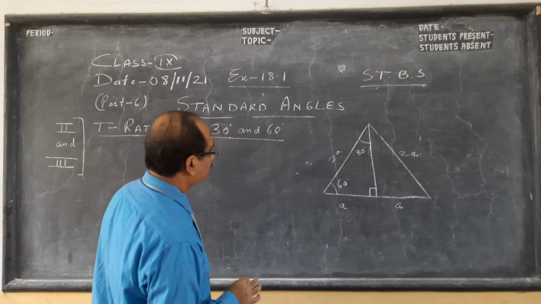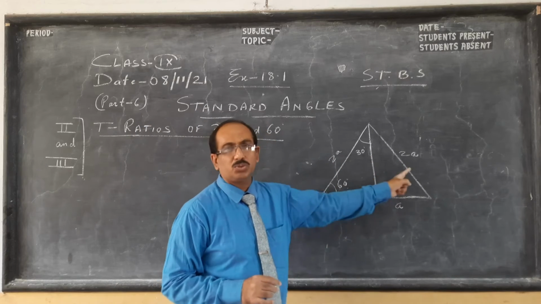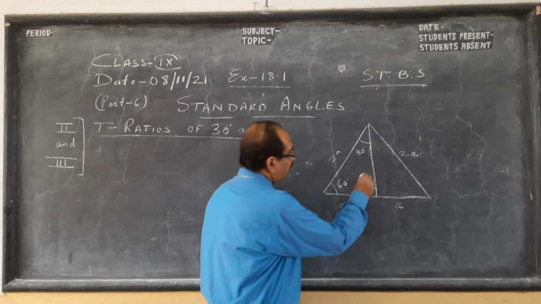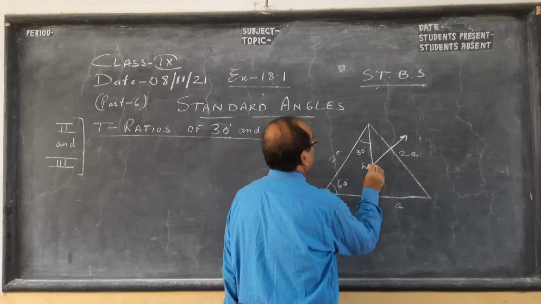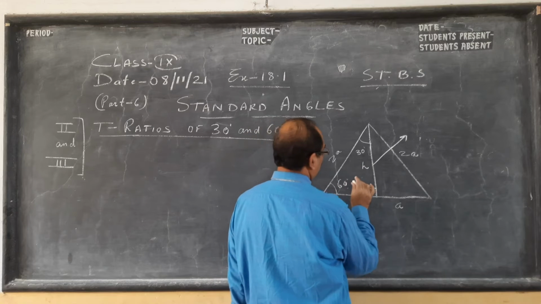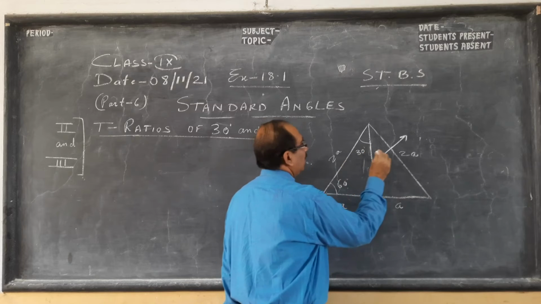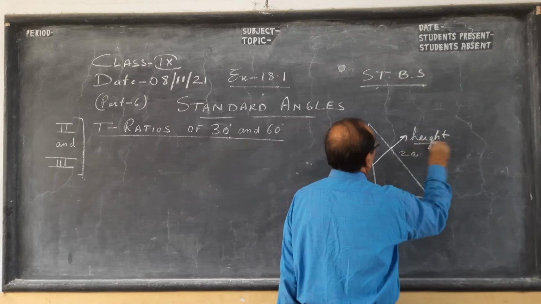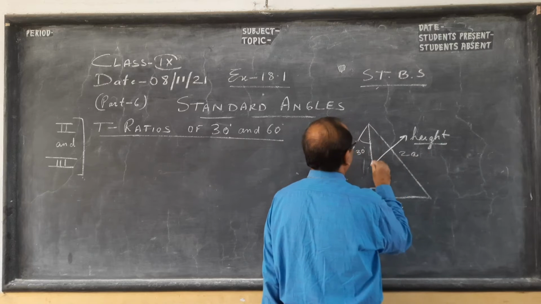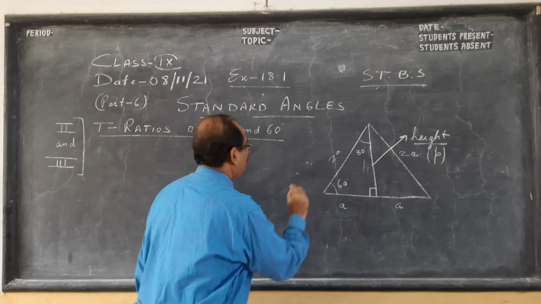Okay, now, one more thing, the sides of the equilateral triangle are 2a, 2a, 2a. Now we have to find this, children. Height of this triangle you can call, not hypotenuse. So I should not call it h, generally h is for hypotenuse. So we have to find height, or you can call it perpendicular. So let this be P.